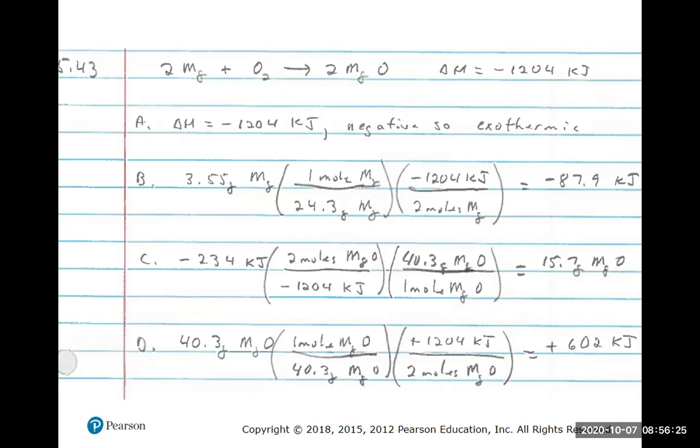Any questions on any of these? Yes. So 2 moles comes from the fact that it's the 2 in front of the Mg. Yes. So rather than a 3 or a 4, it would be 4 moles or 3 moles. Yeah, the 2 on this last one comes because the MgO over on the right-hand side has a 2 in